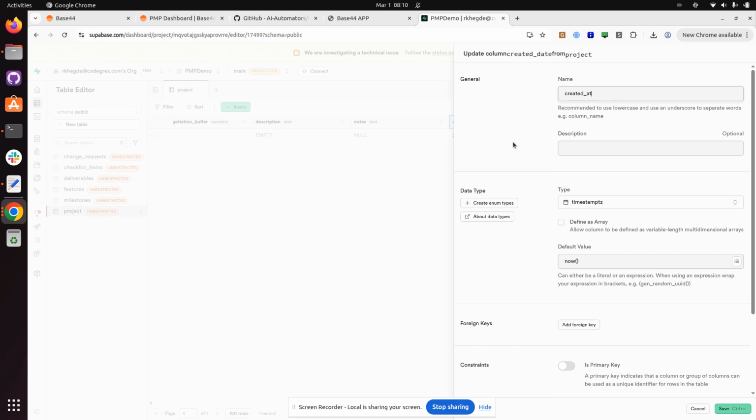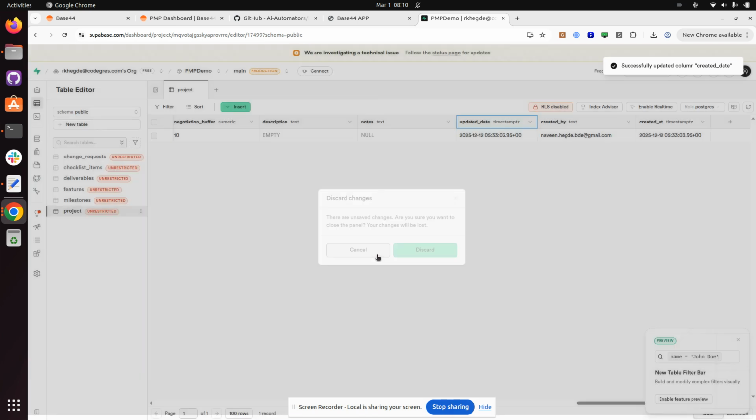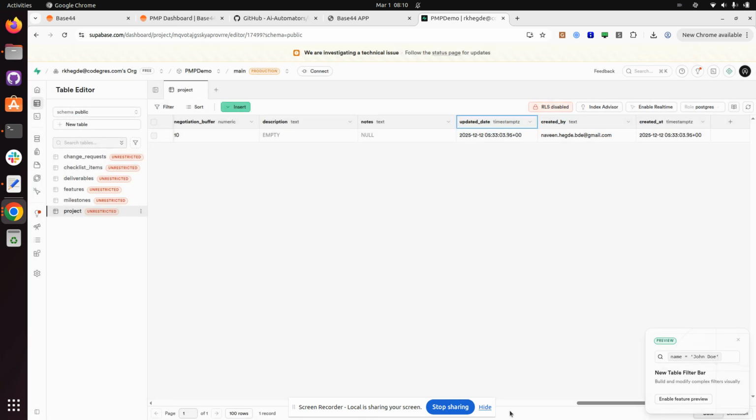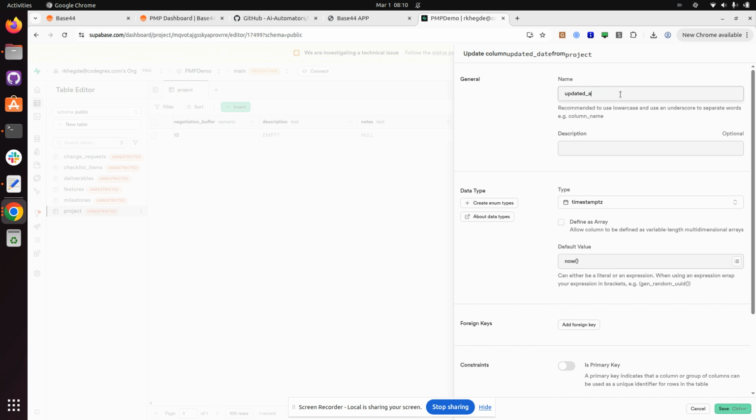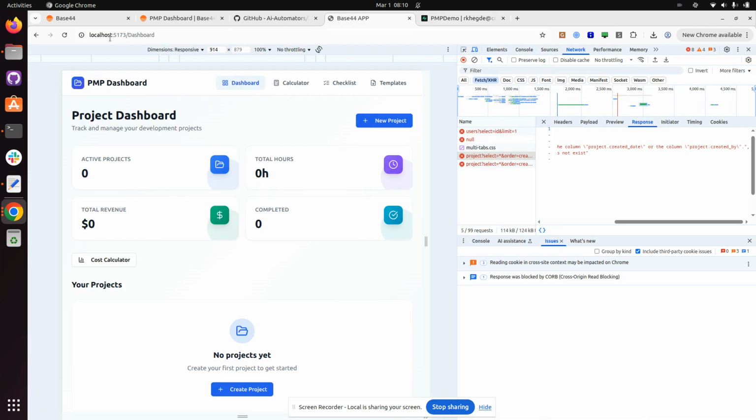So I'll rename created date as created at, save. And similarly, the updated date, I'll rename it as updated at, save. So now if I refresh the localhost,